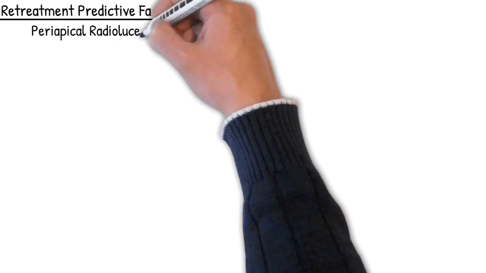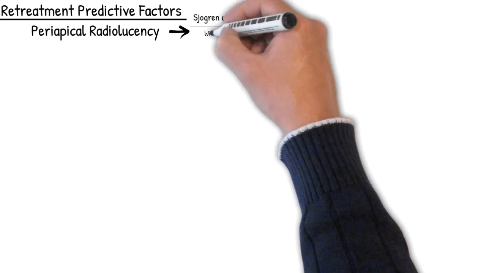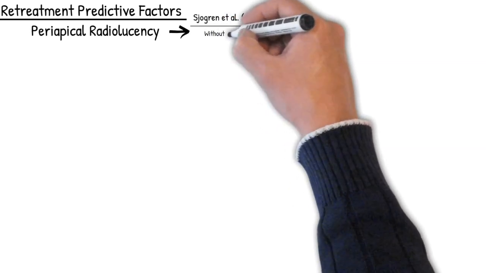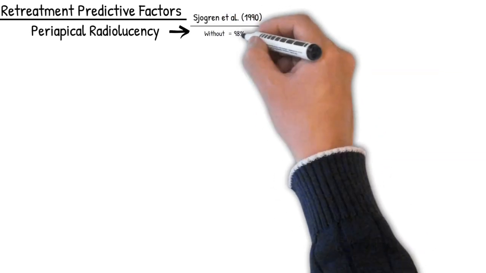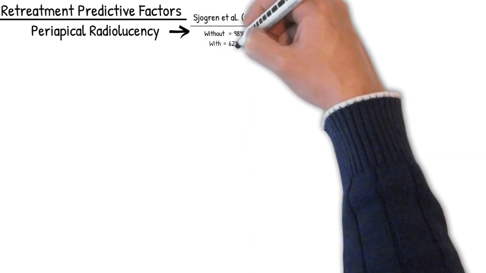Regarding retreatment success rates, there are also some predictive factors. Again, the most commonly seen predictive factor is the presence or absence of a periapical radiolucency. In Sjogren's study, he found that in teeth that needed retreatment without periapical radiolucencies, a 98% success rate was possible. However, with a radiolucency, only 62% were